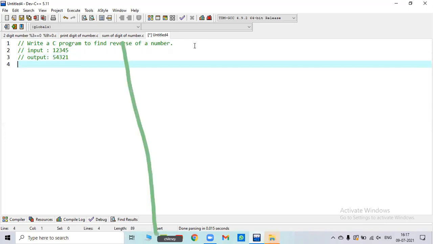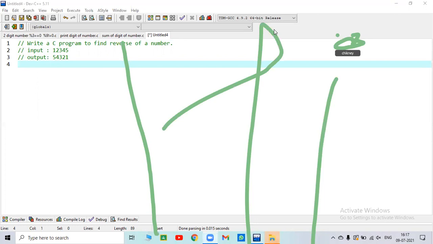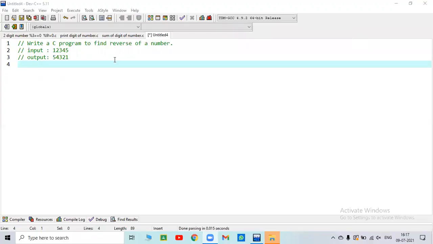So the logic behind this code I have told you in the flow chart. So now writing the code, starting with our header file.